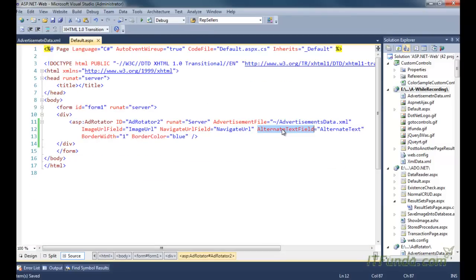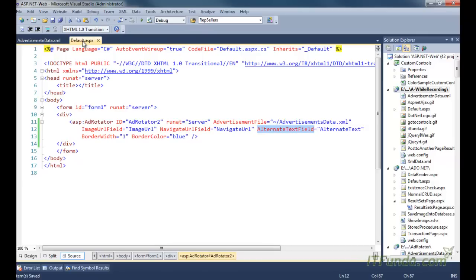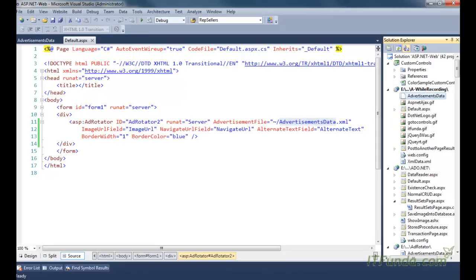And then the AlternateTextField, in this XML file we have AlternateText, and BorderWidth and BorderColor, whatever you want to specify you can specify. Now it looks like the file name had a little typo, so I just renamed it.